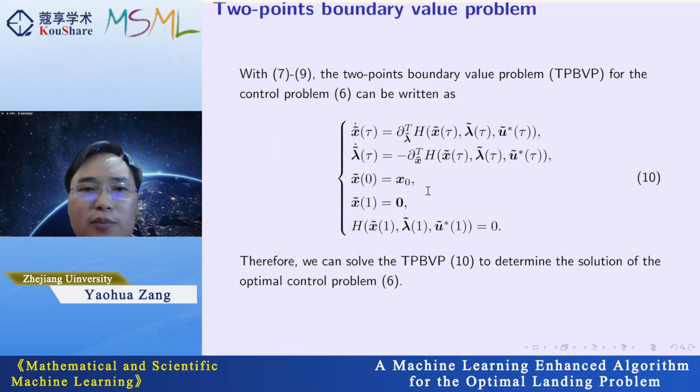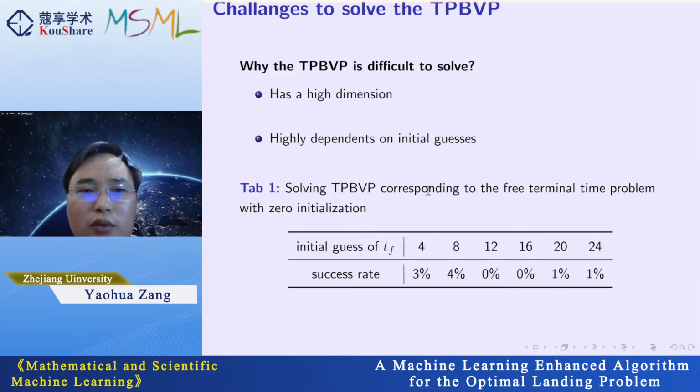However, the two-point boundary value problem is not easy to solve. So why is the two-point boundary value problem difficult to solve? There are two reasons. The first reason is that the two-point boundary value problem has a high dimension. The second reason, which is also the most crucial, is that the two-point boundary value problem highly depends on